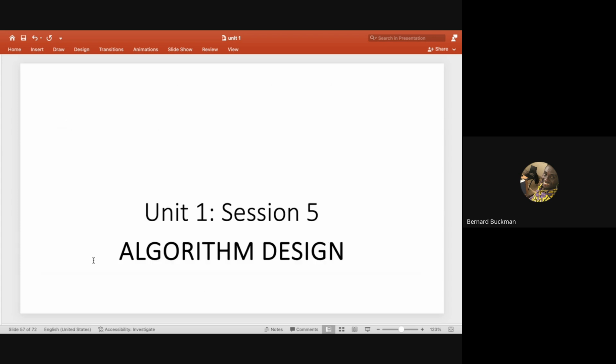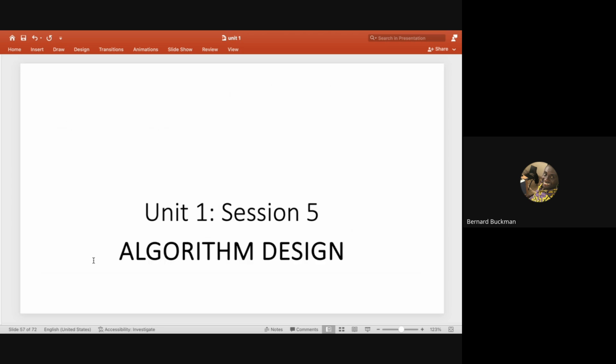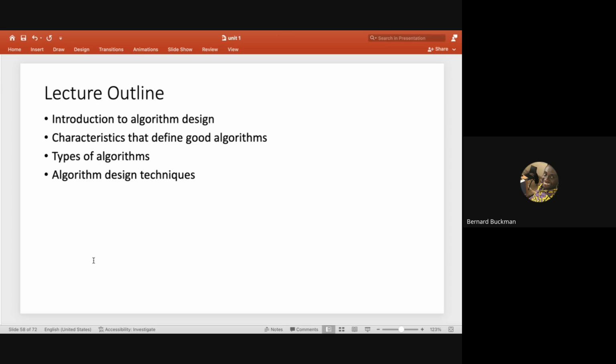So these are different ways problems can be solved, or different strategies that problems can be solved. And in fact, there are more. We're going to look at them critically during the next session. In the next session, we look at algorithm design. In algorithm design, we want to understand what an algorithm is and look at some of the key characteristics of a good algorithm. And then we look at the different kinds of algorithms that are used. They are similar to the problem solving strategies. And then we'll look at some design techniques.